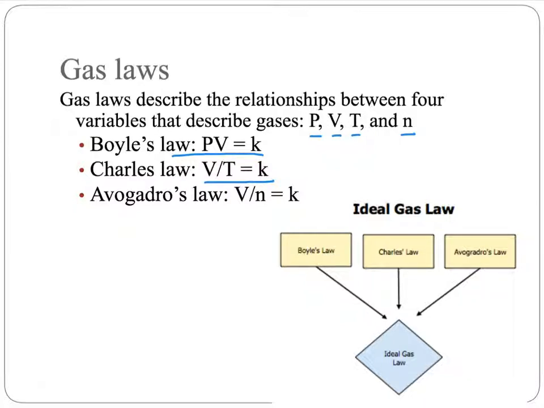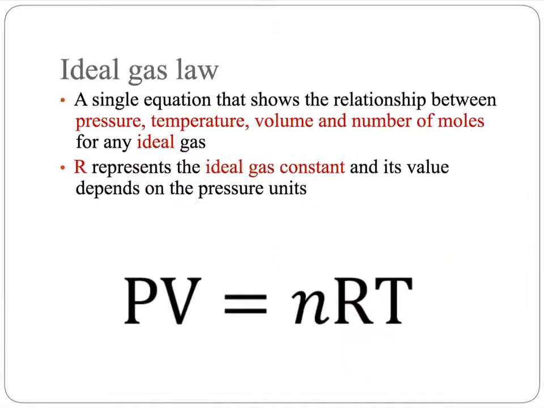And Avogadro's law talks about the relationship between the number of moles of a gas and the volume. Obviously, if you have more moles of a gas, you would have a greater volume because you have more particles. So those three laws are put together to form the ideal gas law. So the ideal gas law shows the relationship between pressure and temperature and volume and number of moles for any